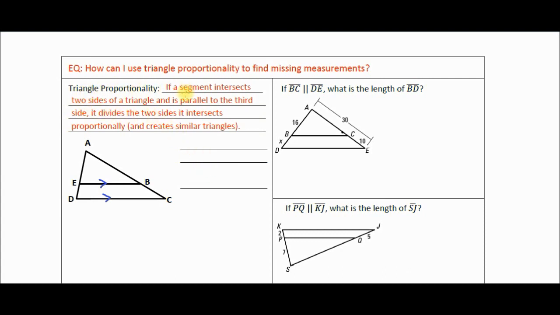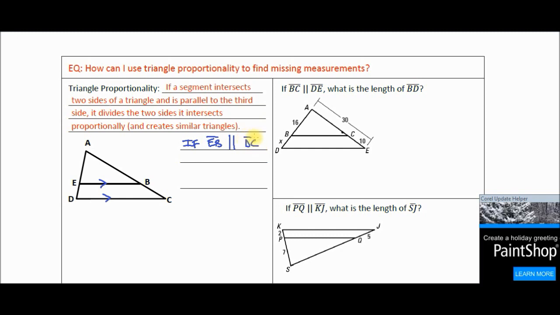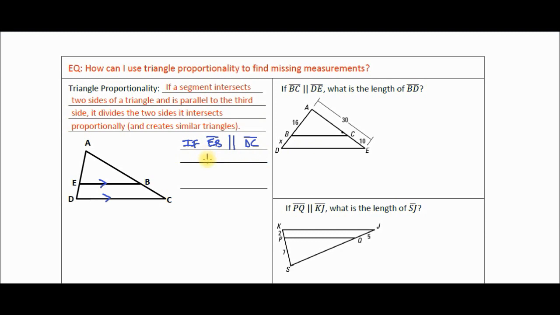So triangle proportionality says if you draw this line segment EB inside of this triangle ADC and it touches two sides and is parallel to the third side, then you know something very interesting is true. Let's write this out in a different way based on this diagram. If we know that segment EB is parallel, in this case, to side DC,